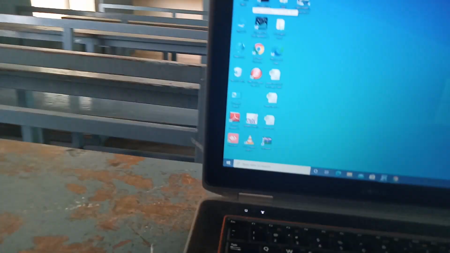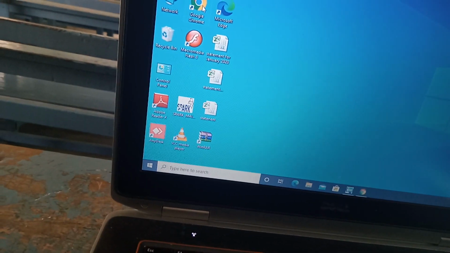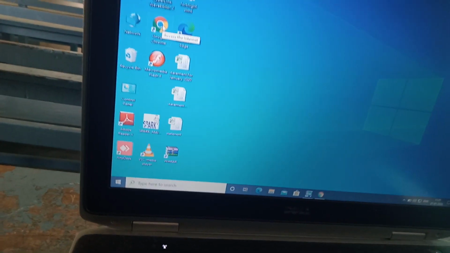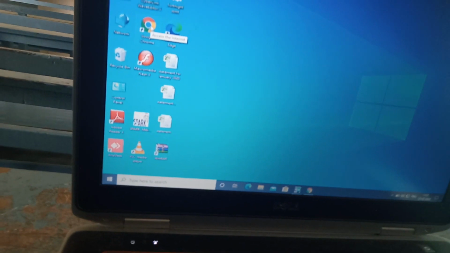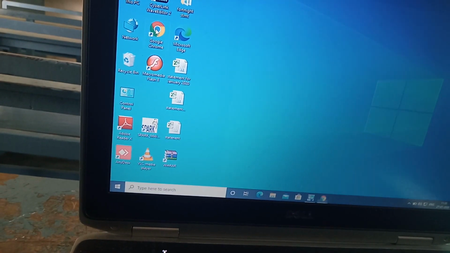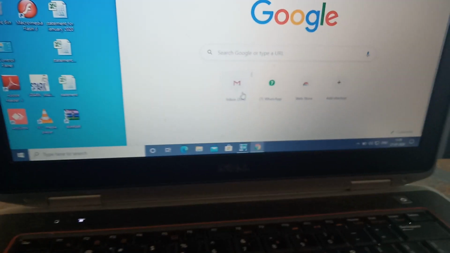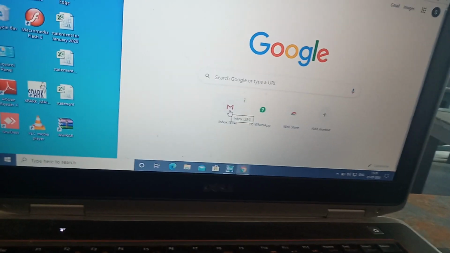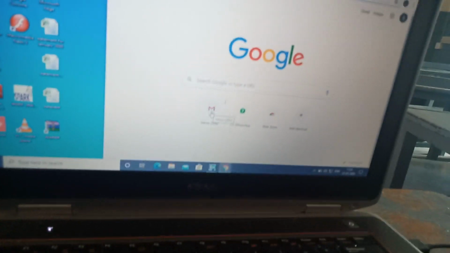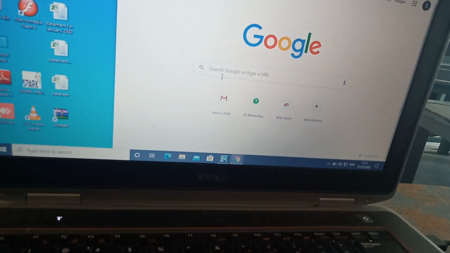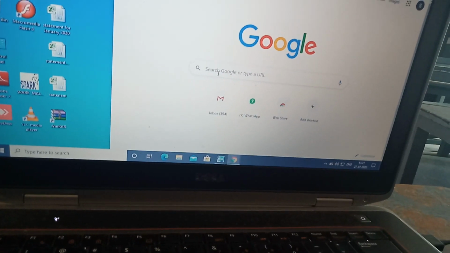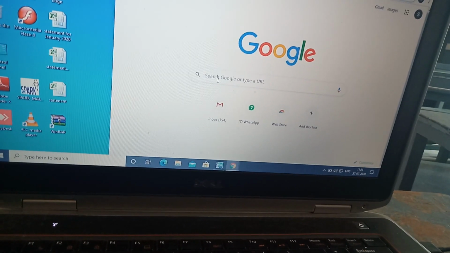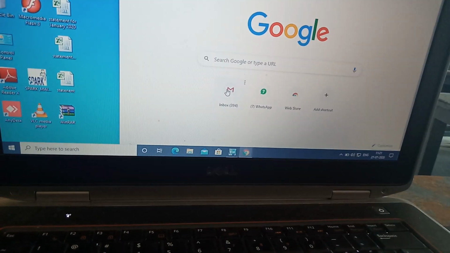Now let us see how to have a Google Meet through the laptop. So for this you need a Gmail account. You need a mail ID. So click on this Google Chrome and then you can see this M icon here. That is because I have not logged out from the mail ID. So already I have logged in and I didn't log out from this laptop. So you can see this icon. So just click on that icon.